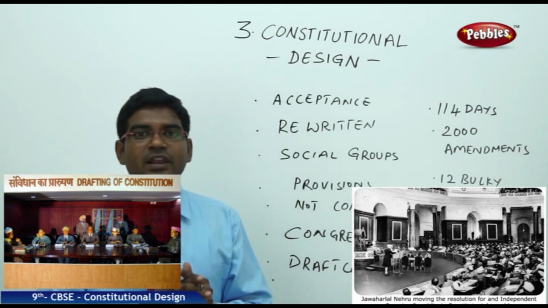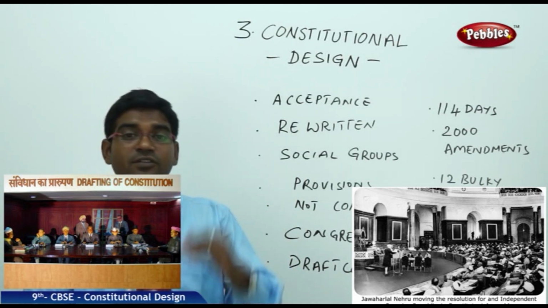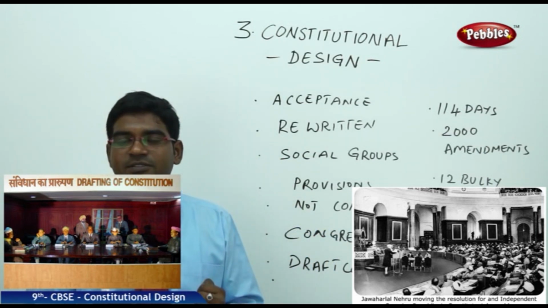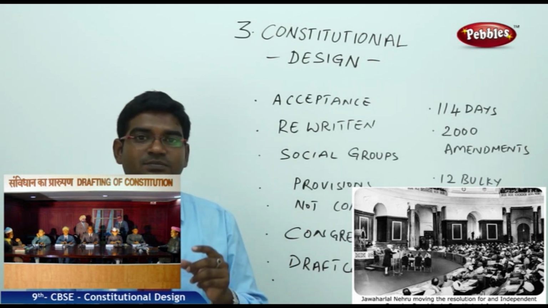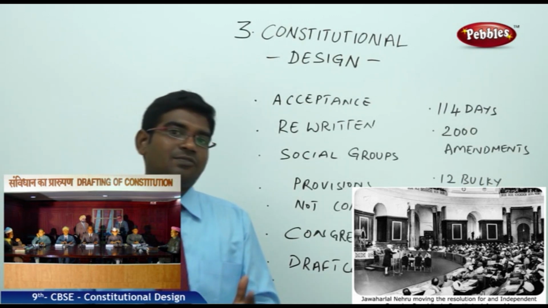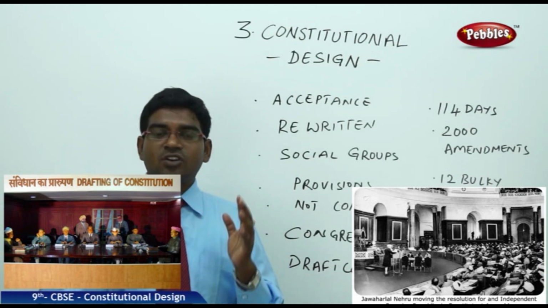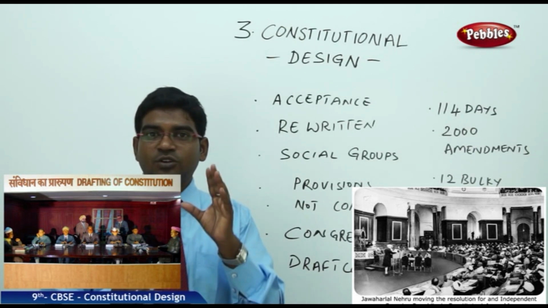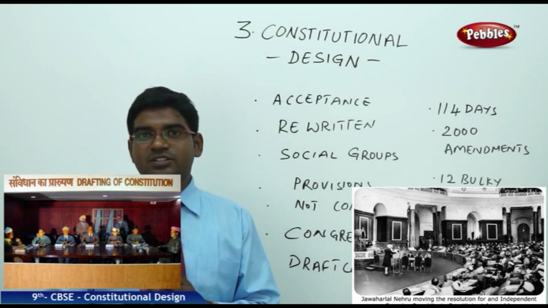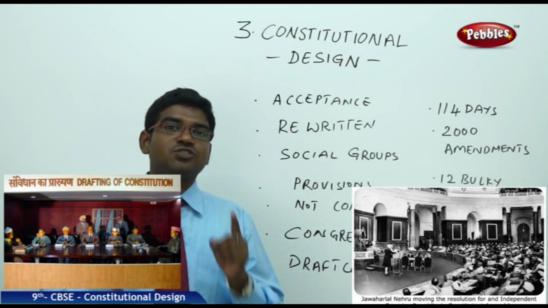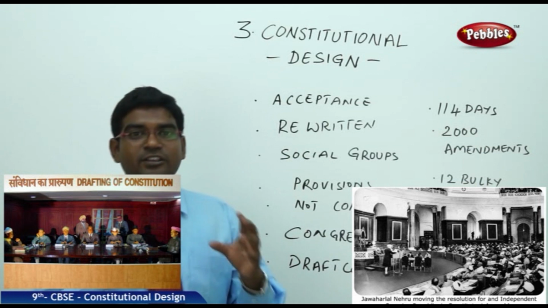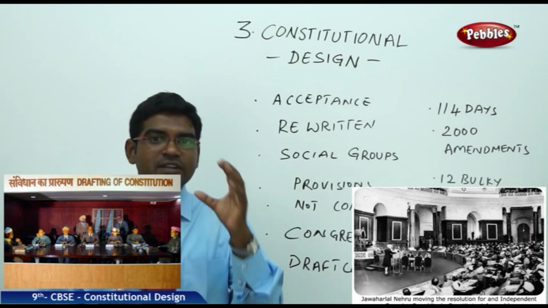Many of them raised their doubts on every word, every section, every debate. They have all the records of the debates, and nearly 2000 amendments were made after the doubts were clarified, and finally we got the constitution in place. It took exactly 2 years, 11 months, 18 days to draft a constitution for our country, which is the lengthiest written constitution in the world till date. This lengthiness actually explains every word and every clause in detail.